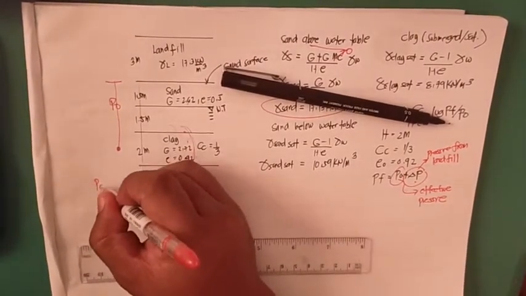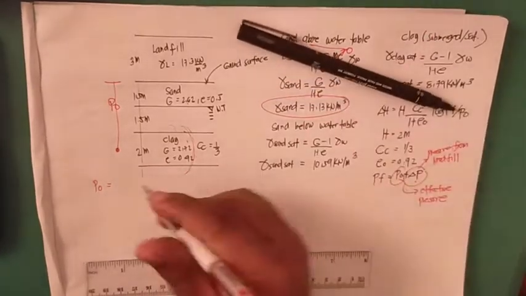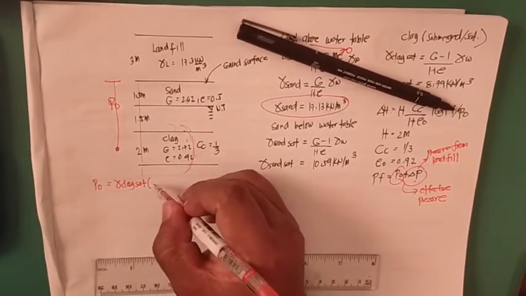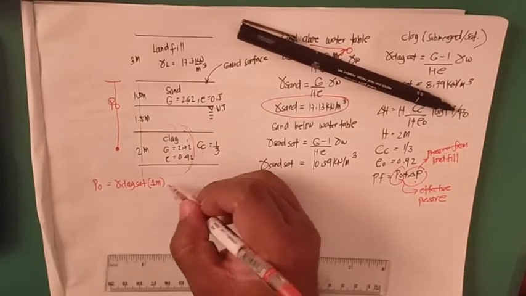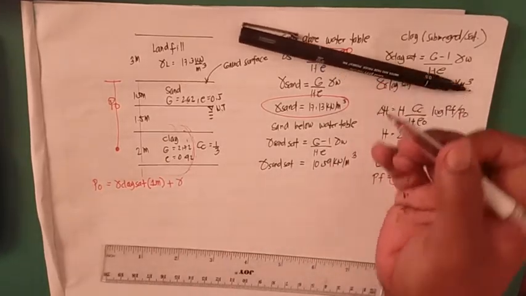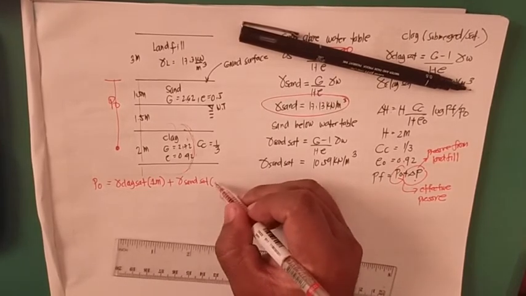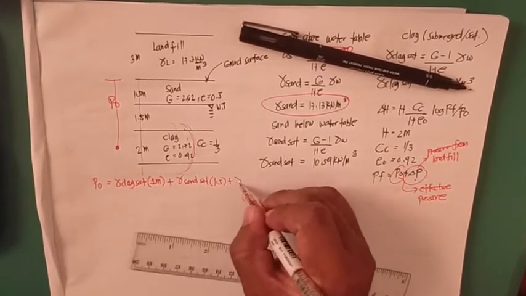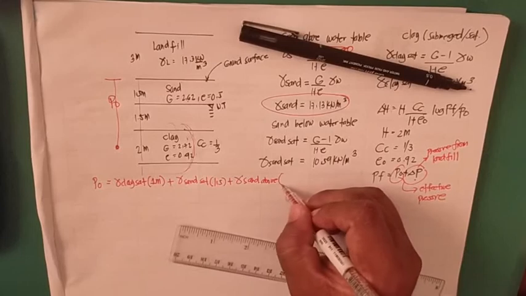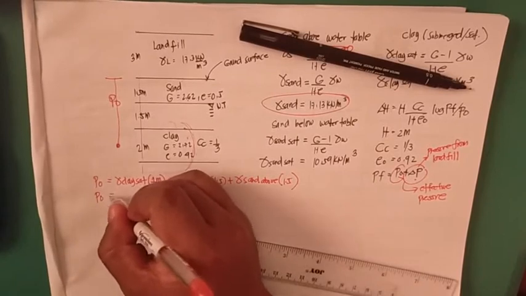So, Po is actually gamma clay sat times 1 meter plus 10.59 gamma sand sat times 1.5 plus gamma sand which is above multiplied by 1.5, and Po will give you